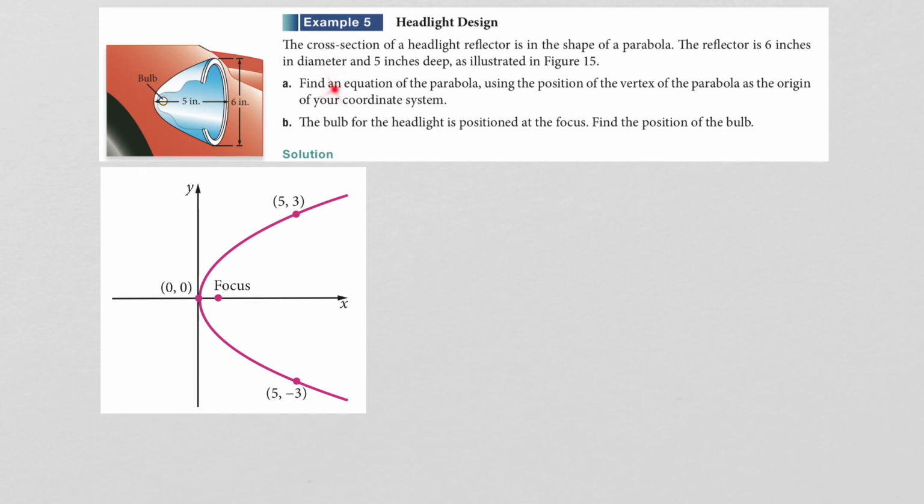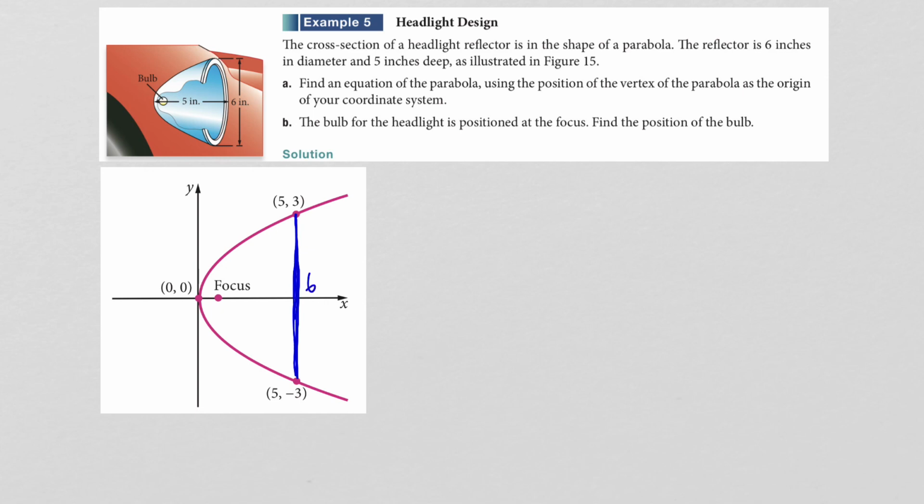What we want to do is find an equation of the parabola using the position of the vertex of the parabola as the origin of your coordinate system. So here we have the parabola that opens to the right, you can see there. So the vertex is at the origin and it opens this way. And we know that it passes through the points (5, 3) and (5, -3) because we know that this distance here